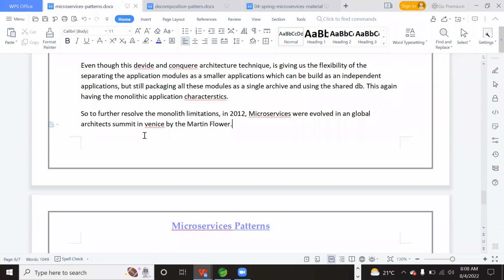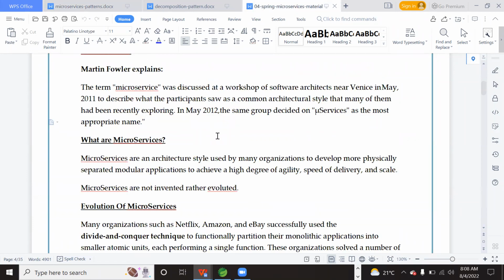What happened? Martin Fowler is the guy. In 2011, he invited all the architects across the globe for a summit in Venice. So that is the workshop of software architects. It happened in May 2011.